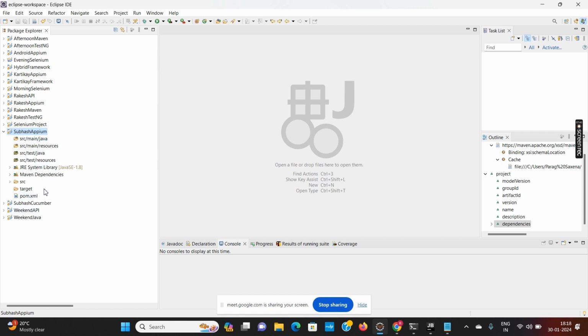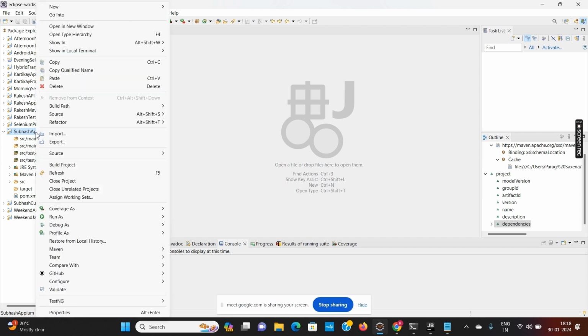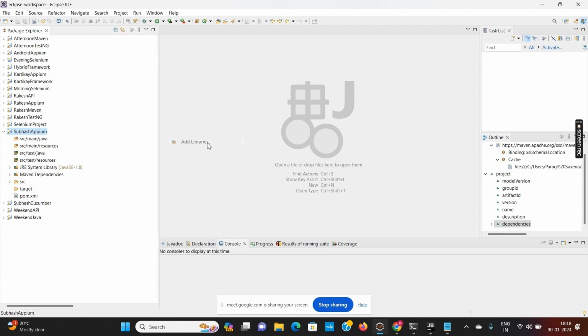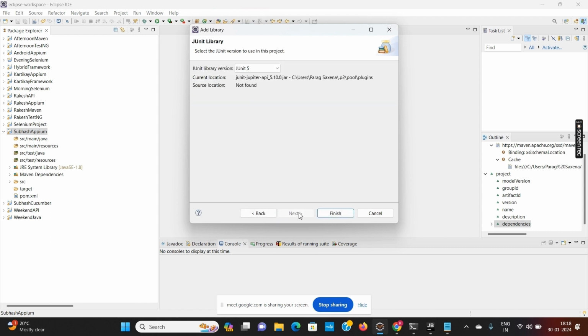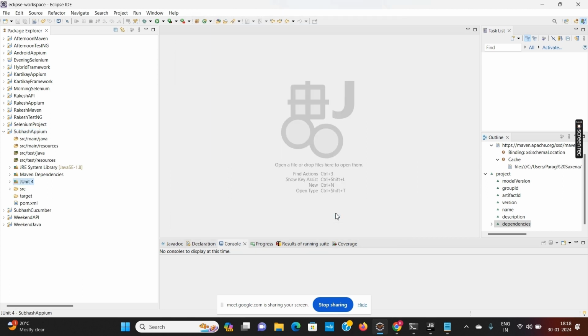Now if you want to use Cucumber, then you have to add the JUnit library. So right click on your project, Build Path, Add Libraries, JUnit, Next, JUnit 4, and Finish. Okay. So same thing which we have done up till now, same thing we are doing.